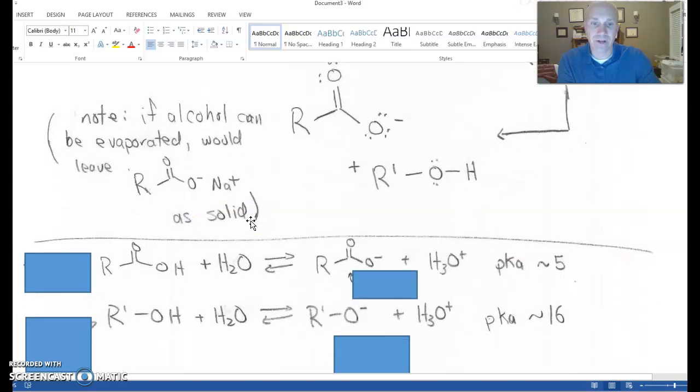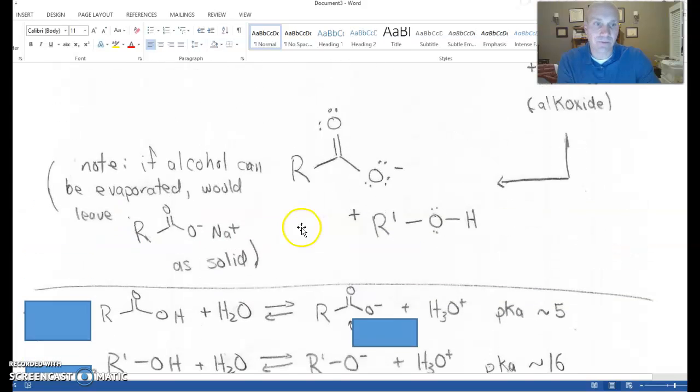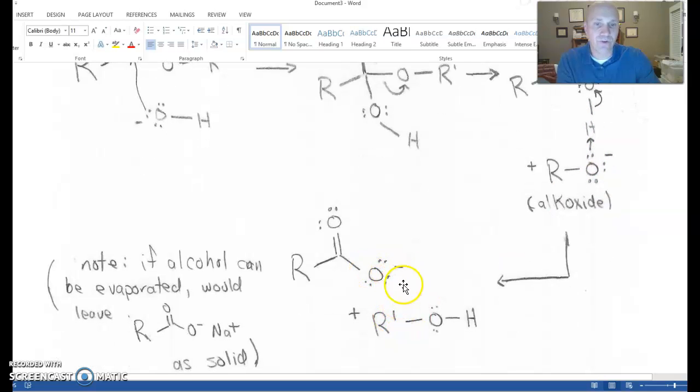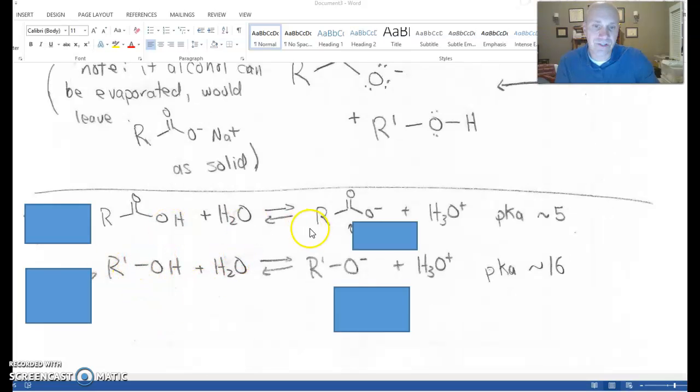One thing I want to point out is just a little review of something that happened. So why is it that this reaction right here occurred? Why did this right here want to grab that hydrogen? Essentially, why doesn't the reverse of that occur? Why doesn't an electron pair here take this hydrogen right here? And a way of describing that is just to go back and review this concept from acids and bases called pKa's. The pKa of a carboxylic acid is about 5. Of an alcohol, it's about 16. So what that means is that